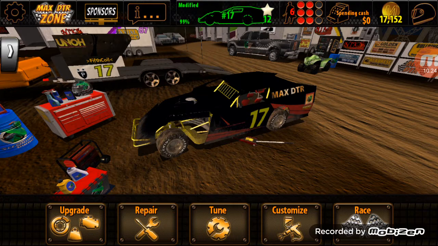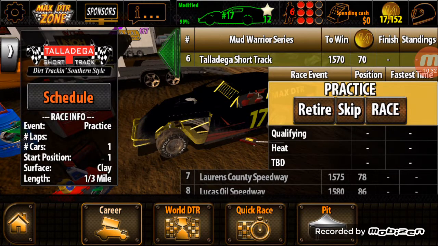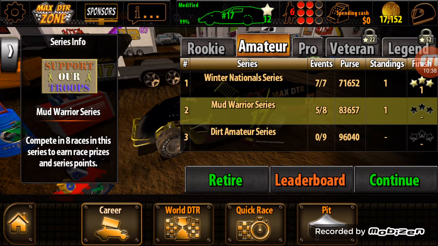So let's look at racing. Okay. So the first thing to look at here is your career. Starts off, you got rookie, amateur, pro, veteran, legend. Basically, if you look at veteran there, it takes 22 stars, so you have to accumulate 22 stars to open up the veteran. And the stars,